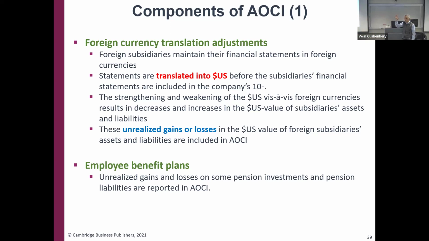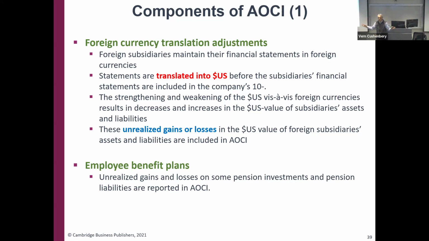Well, they figure out how many euros they have, and they translate that into dollars. And they print that number on the front of their balance sheet. But they don't actually translate the currency. They still have the euros. They've just gone through an Excel spreadsheet exercise and calculated it as if. So those numbers aren't real, they're representations of what those assets are worth if they all got translated into dollars.